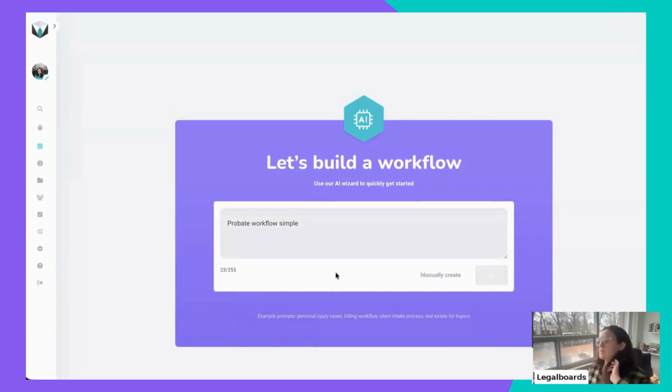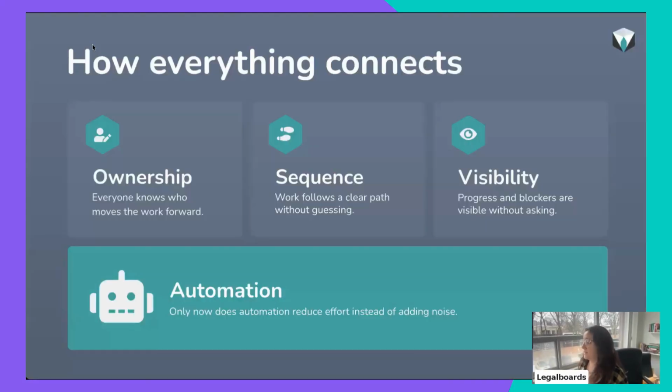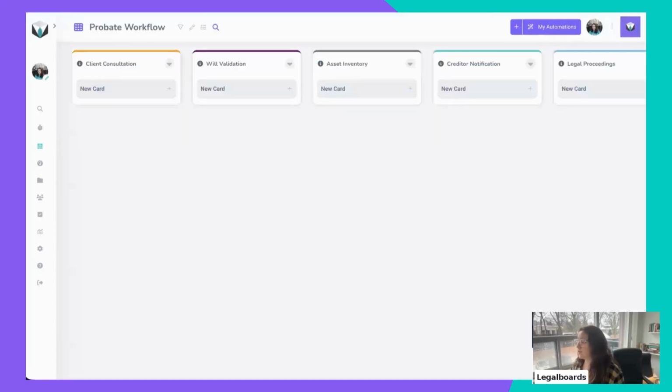I'm gonna generate this workflow and we're gonna try to find what we want to visualize here when we talk about ownership. So I'm gonna go back to my presentation. We're gonna try to visualize what ownership means, what sequence means, and how to have visibility when we are using Legalboards. So this is the workflow that the AI built for me.